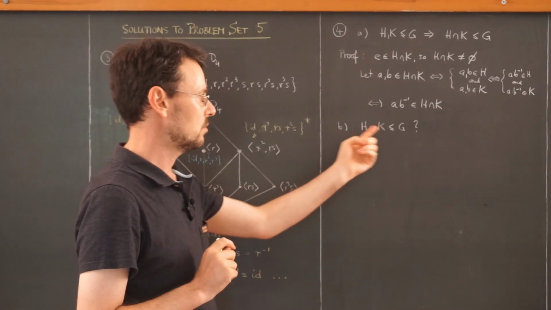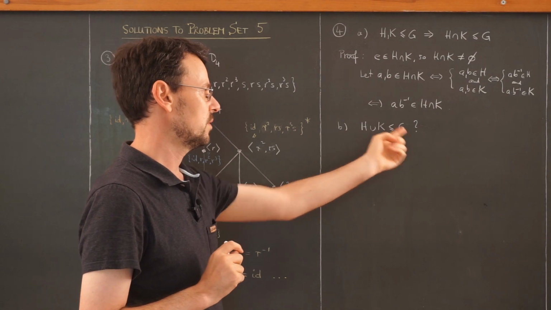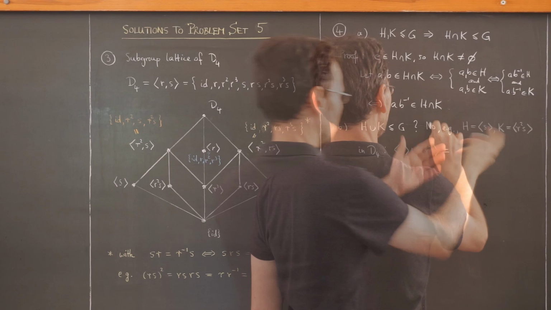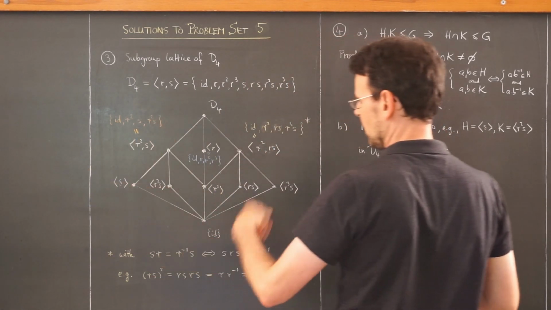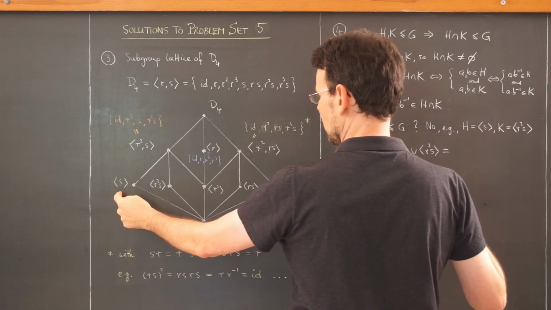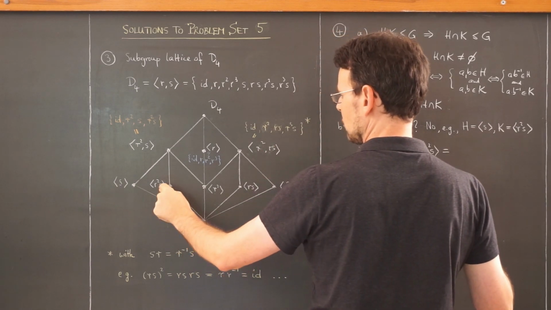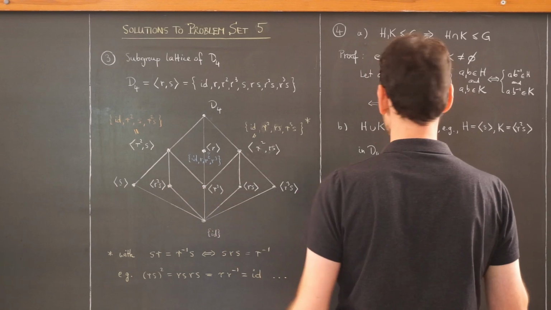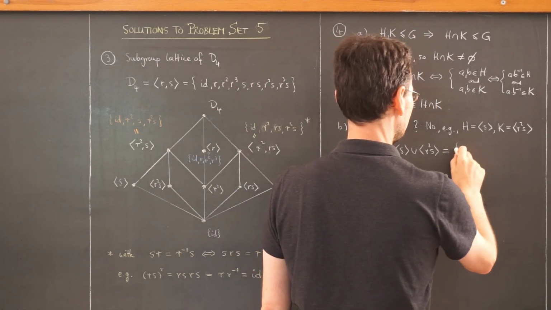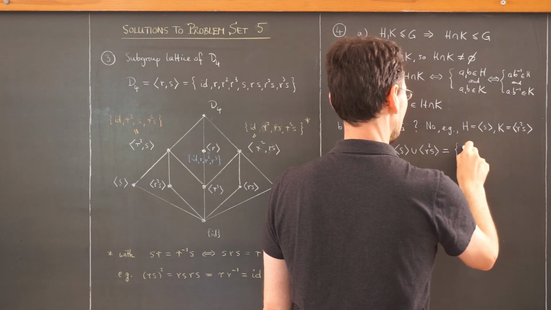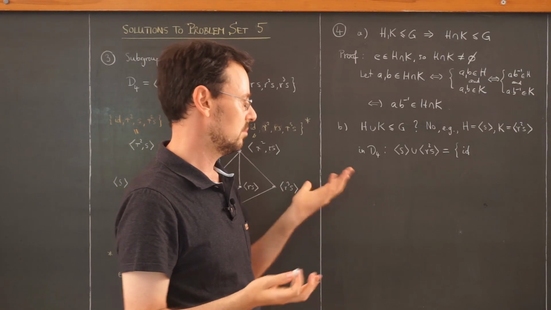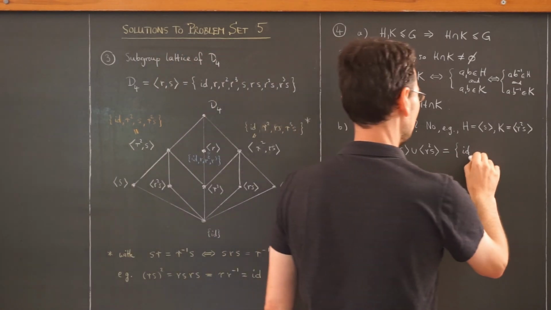First of all, is it true that the union of subgroups is again a subgroup? The answer is no. So since we already have this nice diagram here, we use it, of course. So let's take as H this subgroup of order 2 and as K this subgroup of order 2. If I take the union of those, and remember both contain simply this element and the identity, there are only two elements, so I end up with